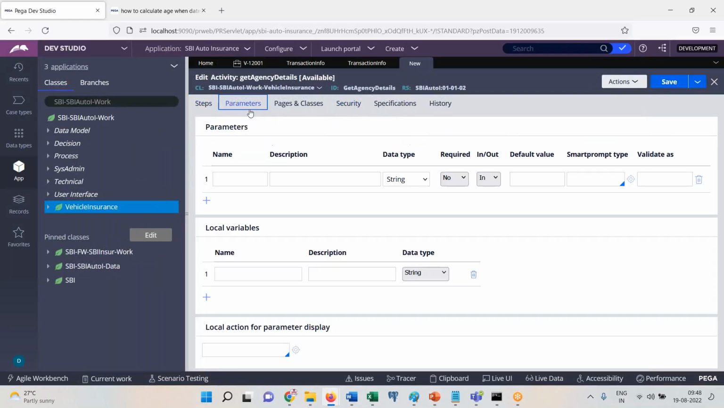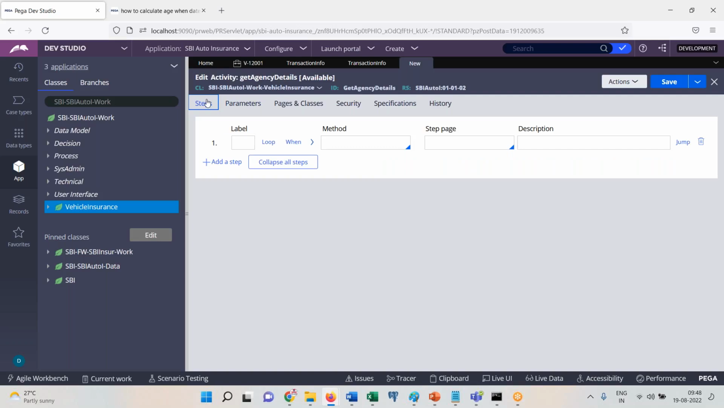In this activity, I am defining a parameter. Okay, I'll show you how to pass the parameter value to database. So I'm going to call the database. How do you call the database using activity? There are two ways. Property set,